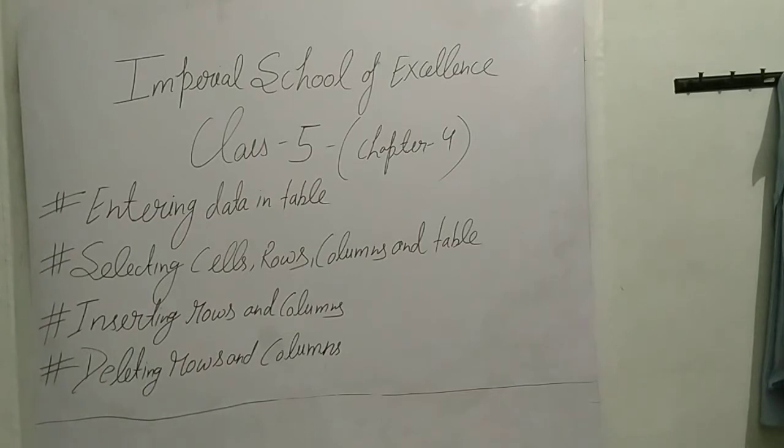After that, click on the cell and click on Insert Above if you want to insert a row above the current row. If you want to insert a row in between, suppose the rows are given to you and you have written the numbers 1 2 3 4 5 6. If you want to insert a row between them, click on Insert Above. This will add a new row above the current row. Same you have to do with Insert Below. Same process you have to do on left, and same process on right.